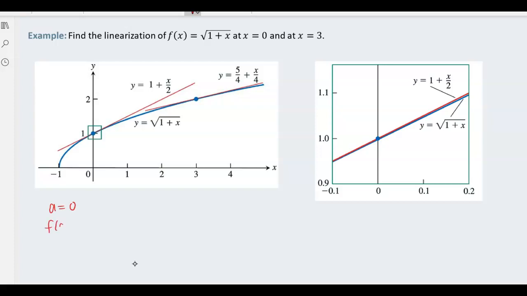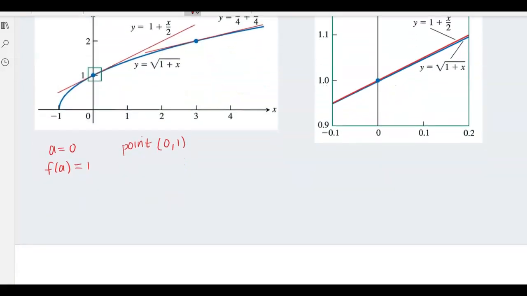And f of a, if we plug 0 into our original function, we're going to get 1. So the point that we're considering is 0, 1. We can see that on the graph here, right? The derivative of this function is, well,